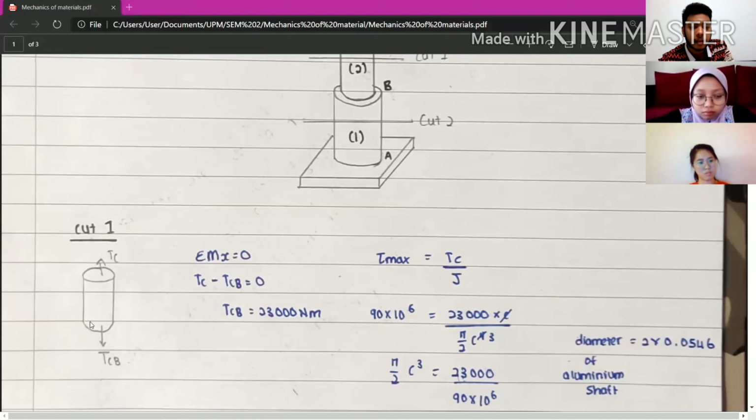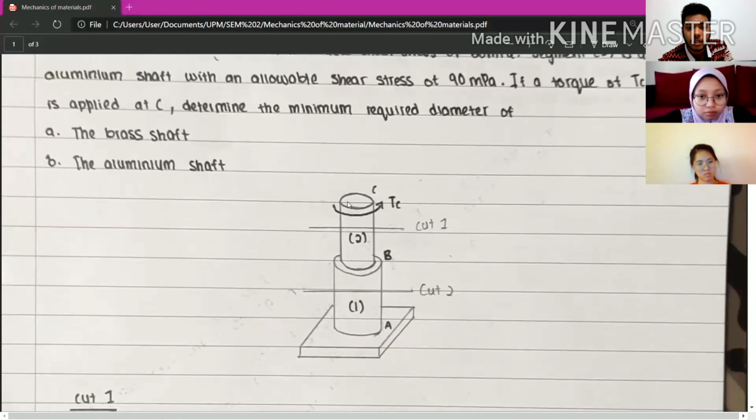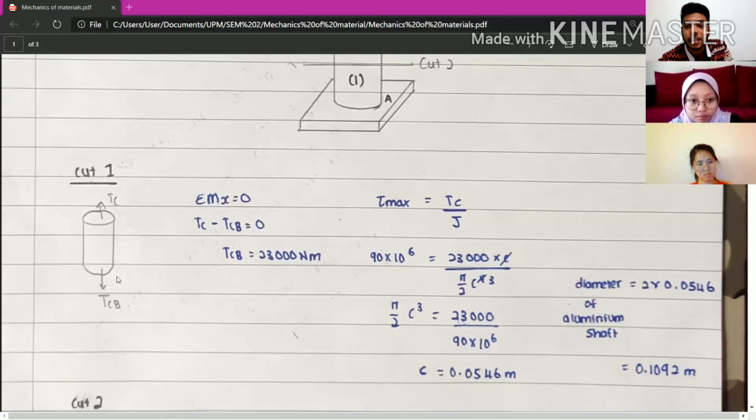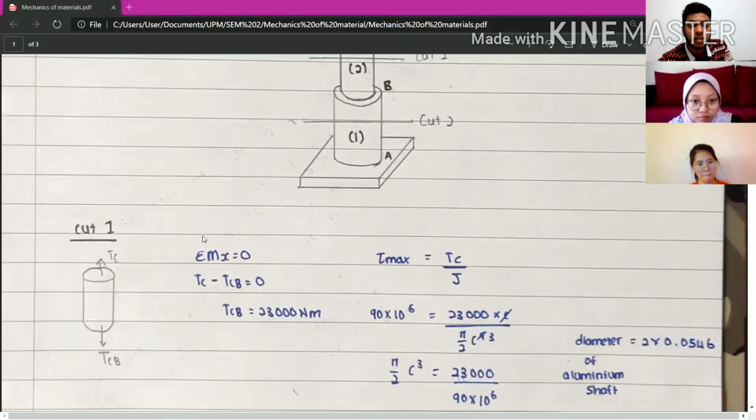This is the first cut segment. It is an aluminum shaft. You're able to see here two torques, torque at C and torque at CB. Torque at C is positive upright. I use the right hand rule. Another one is torque at CB. I assume it to be downwards. By using the summation of moment at X, you're able to find the value of torque CB, which is 23,000 Newton